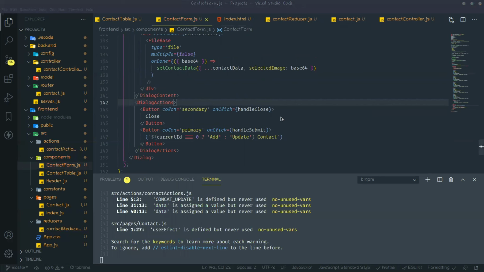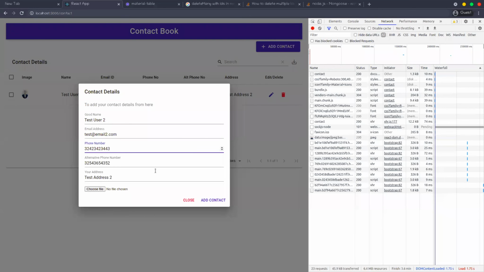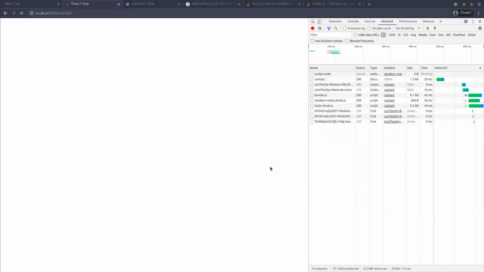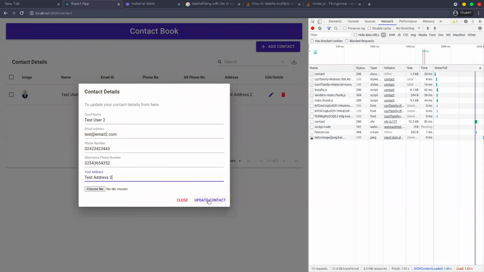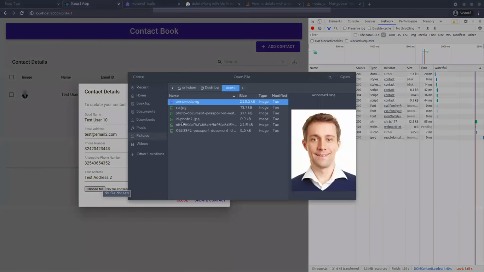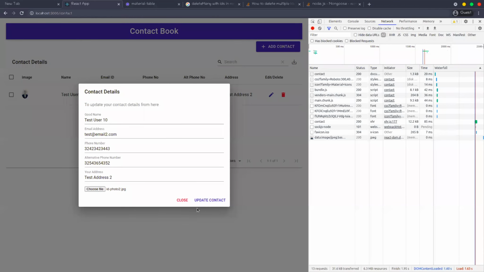Okay. So for our case, reload it, try to update. See, this button label is update contact, and here also you can see update your contacts is from here. So I'm updating test user to 10, then change that image, update.